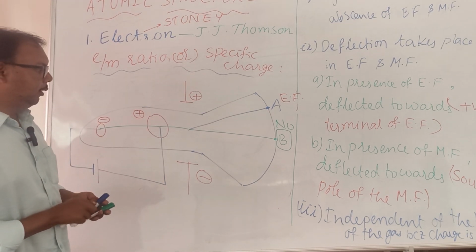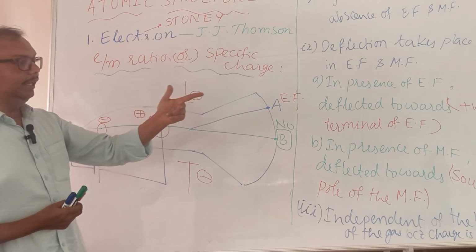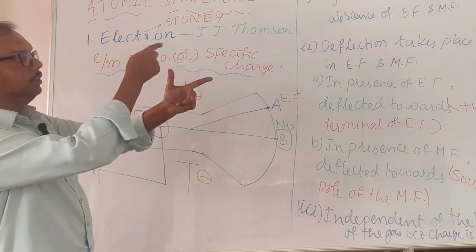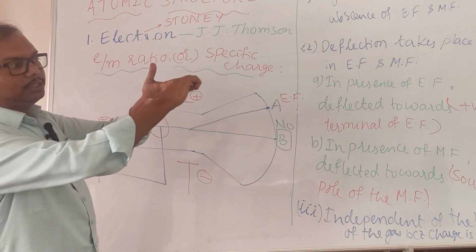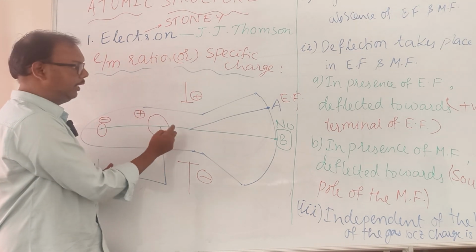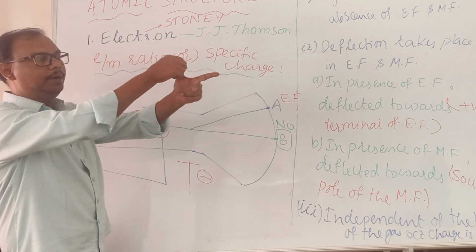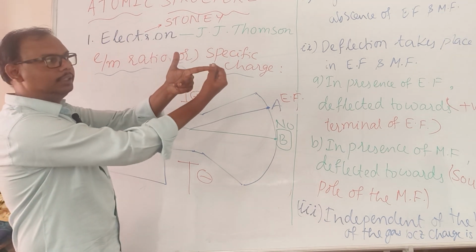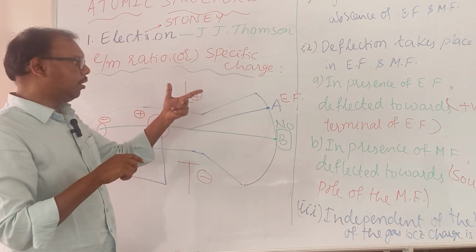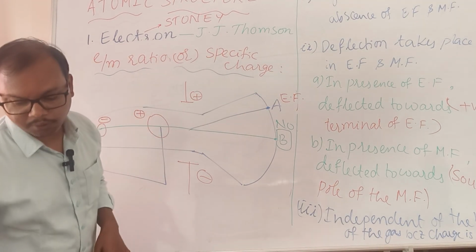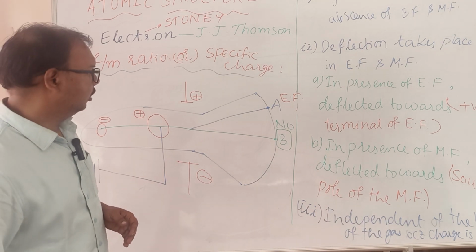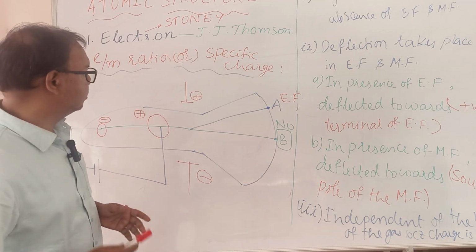Next, in the presence of a magnetic field, how does it look? You can see here, this is the electric field, and it is the propagation of cathode rays, and the magnetic field is applied perpendicular to this. You can observe my fingers. This is the propagation, and the electric field and magnetic field are perpendicular to each other. Therefore, when you apply the magnetic field, these rays are deflected towards